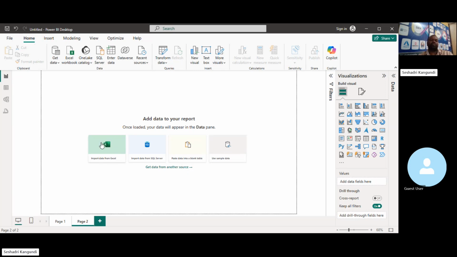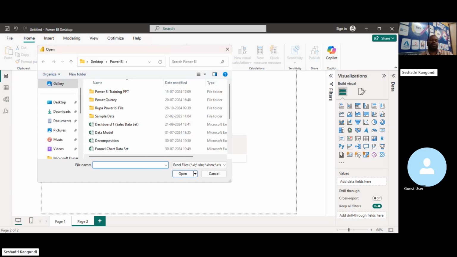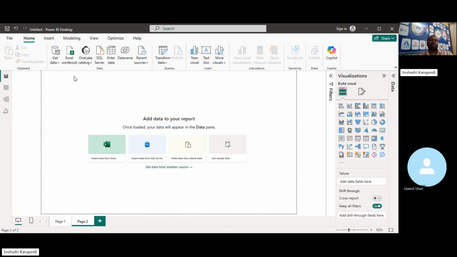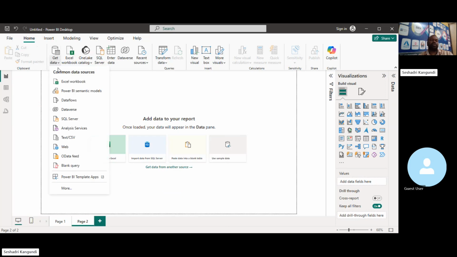Okay, say for instance, I want to get some Excel data, which is there in my local system. You can extract the data just by clicking here. So here also you have an option, so you can depend on this approach also. Now see here, I told you that from SQL we can connect the data from Dataverse, dataflow, and if you click more,